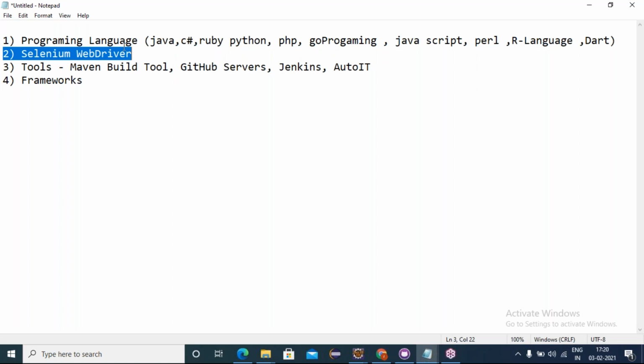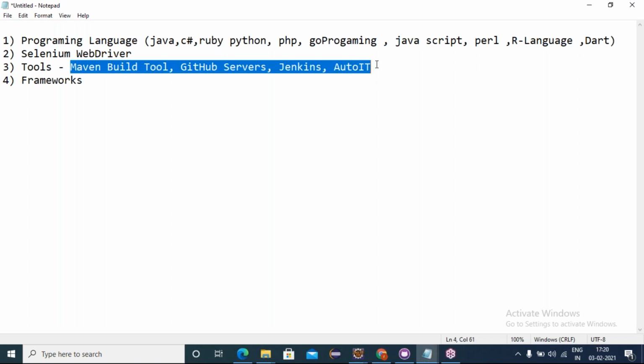Yes, we have separate automation tools: AutoIT, Sikuli, Robot. These three open source tools can automate Windows elements. The majority of companies are using AutoIT. The AutoIT tool is freeware. We'll download and install it, and automate Windows elements if any come up when working with web applications. So these are the tools we'll be working on, friends.